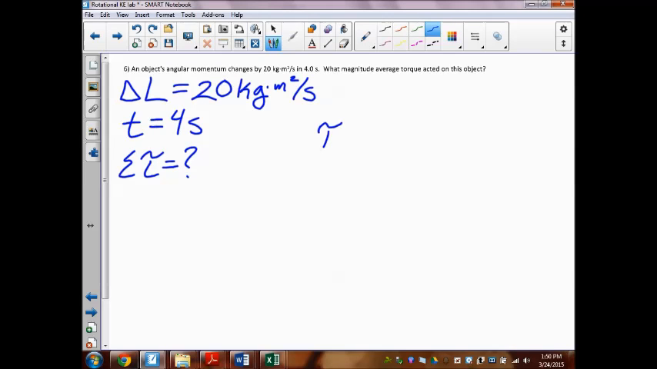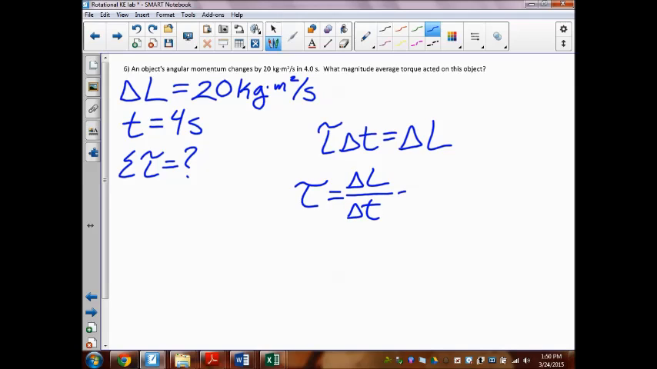The equation that I'm going to use is substituted from a linear equation. Remember, force times change in time equals change in momentum. So we can just sub in our angular variables and get torque times change in time equals change in angular momentum. I don't think that formula is on your formula sheet, so you should add it. Torque times change in time equals change in angular momentum. So if I flip-flop that around